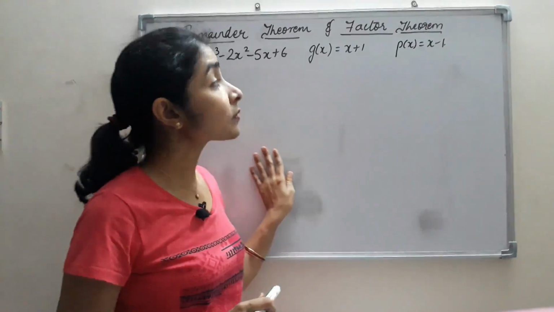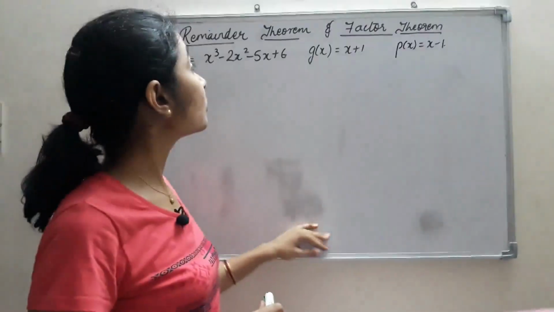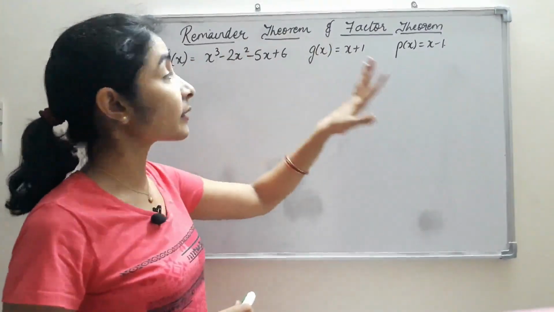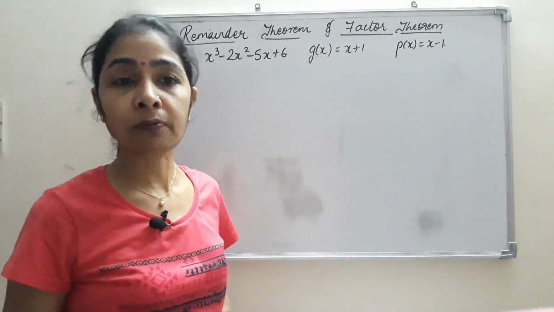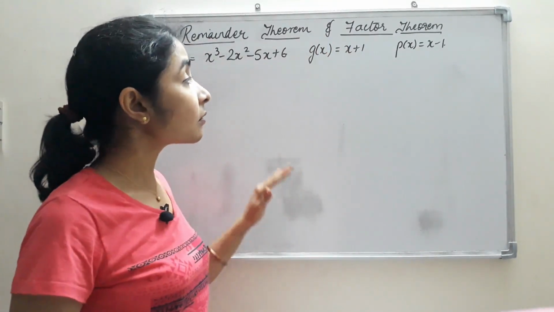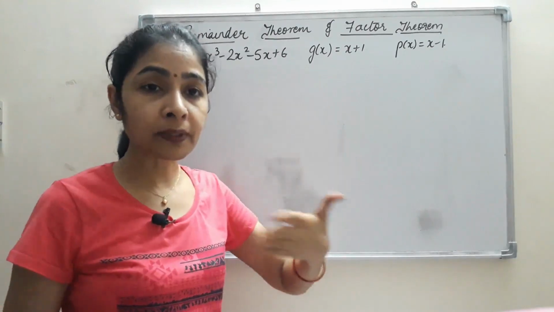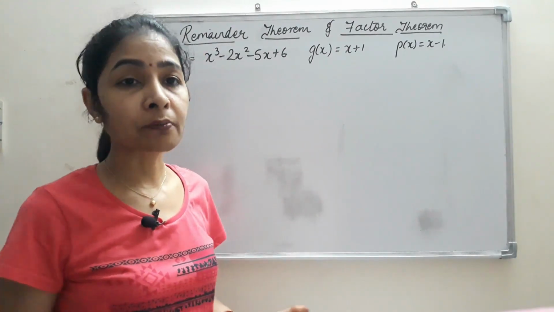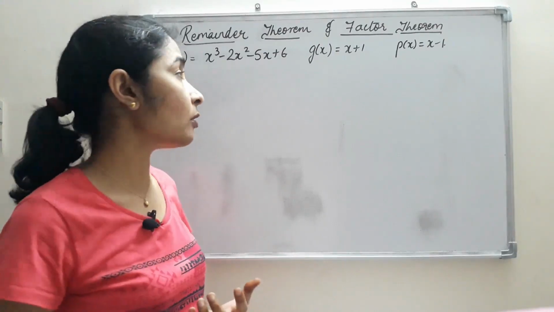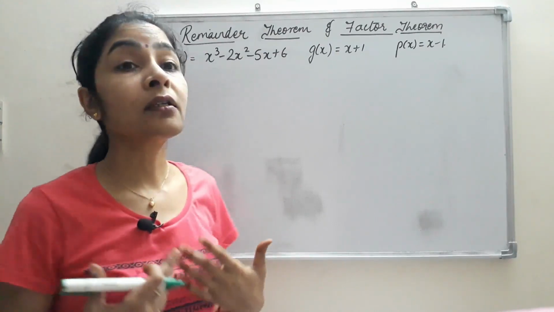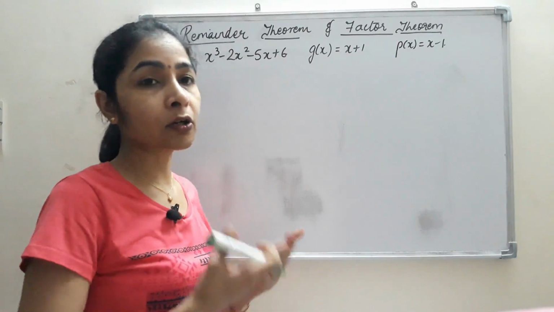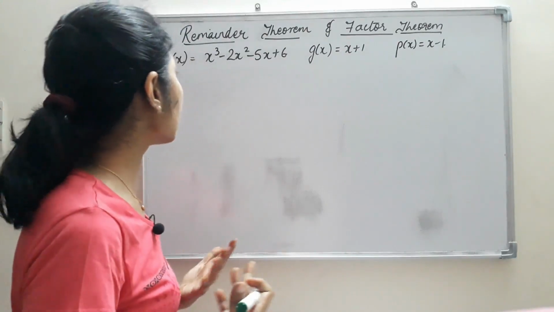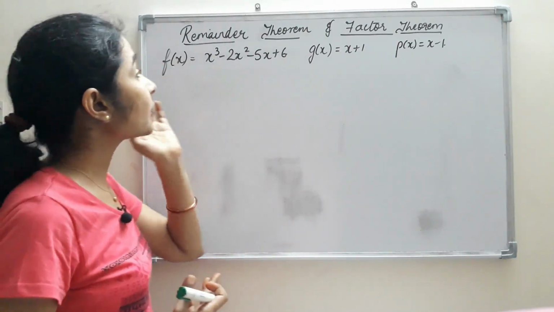So guys, welcome to Strides, and here we are with the new topic, and that is remainder and factor theorem, which is a part of the chapter polynomial. We have done topics related to it previously also, in which I explained the meaning of polynomial and how the polynomials are categorized and how many roots does a polynomial have according to its degrees. Now here we are with the remainder and factor theorem.